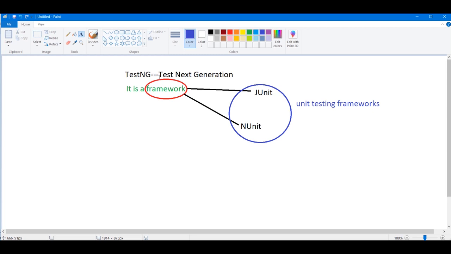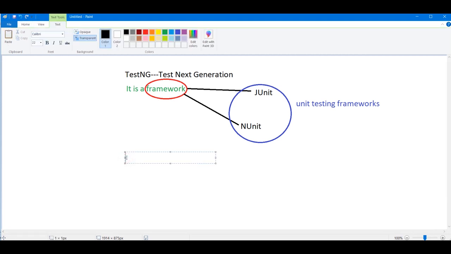Basically guys, this TestNG framework is an open source unit testing framework. Very important guys for your Selenium certification, these are very important terms.